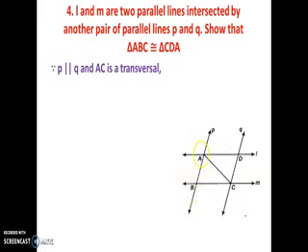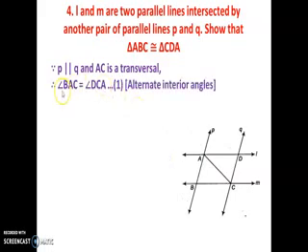So you know that if two parallel lines are intersected by a transversal, then alternate angles are equal. Here angle BAC and angle ACD are the two alternate angles, isn't it? So they are equal. Let us write that angle BAC is equal to angle DCA, since these two angles are